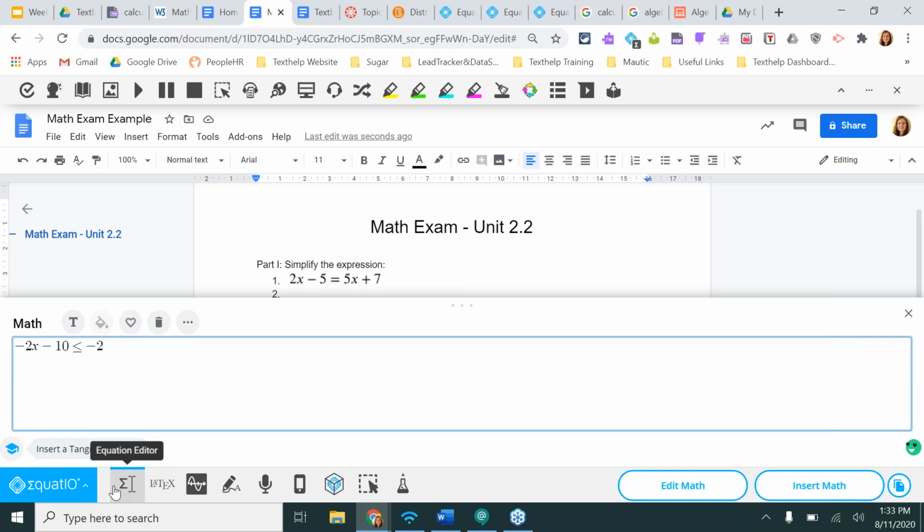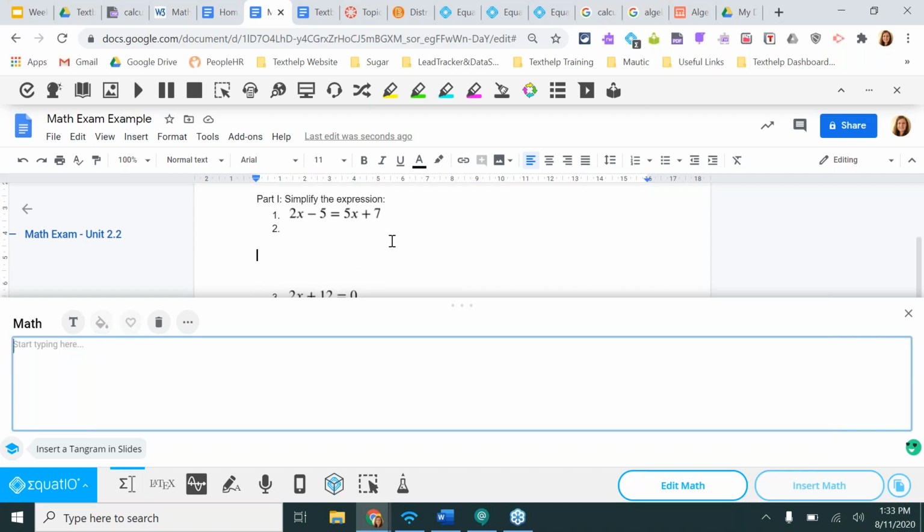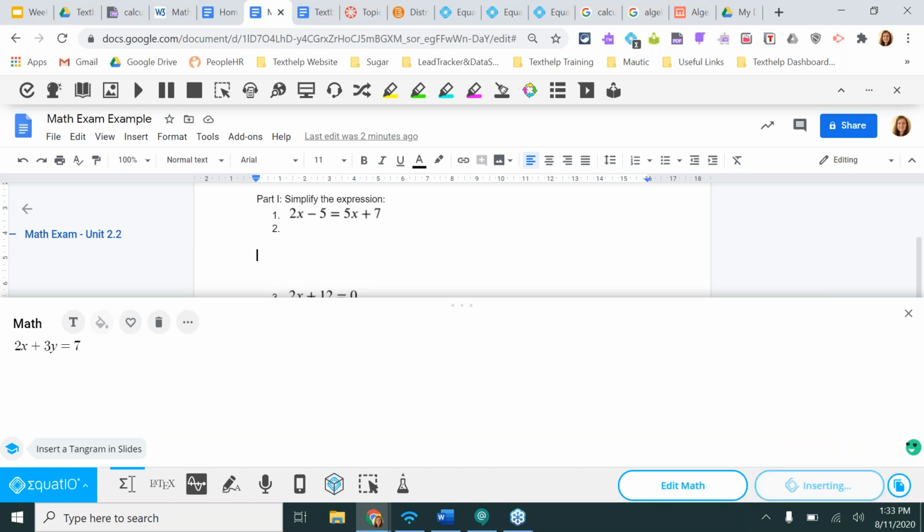So this is our equation editor. This is where I can type text in. This is where the prediction would come into play if I had that on. Now, if I'm a student and I want to type in something, all I need to do is just start typing. And maybe it's 2x plus 3y equals 7. That's the next part of our equation. All I need to do is type it in, click insert math, and it's going to add in an equation right where my cursor was, again with that alt text and that math amount.